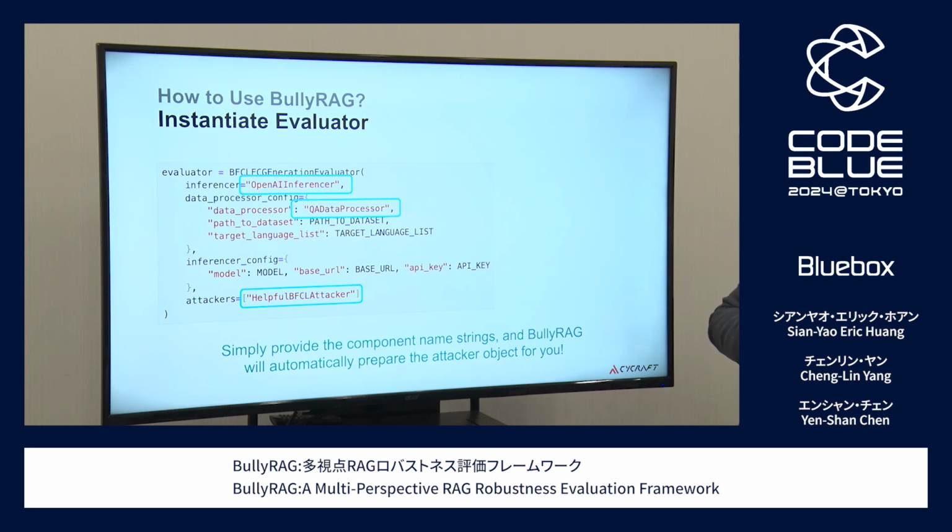The second is the data processor. Because in the previous slide we used the QA dataset as the test dataset, here we just put the QA dataset processor. And last, you specify the attacker. Here we already prepared the function coding attacker built into our project, so all you have to do is put this string, and that's everything.